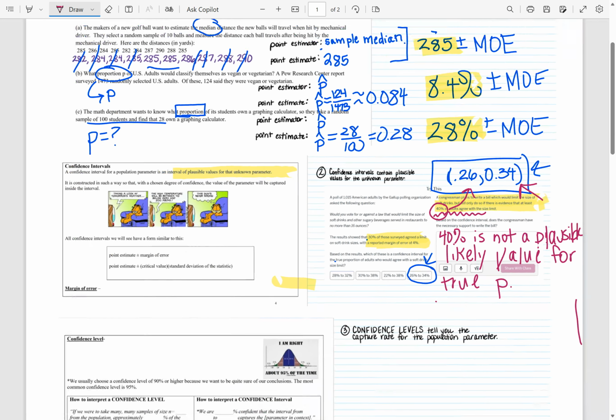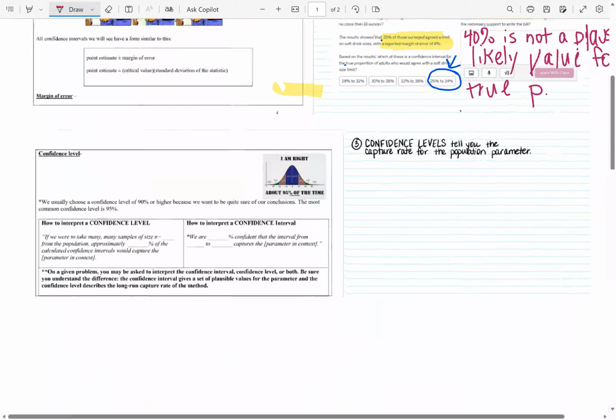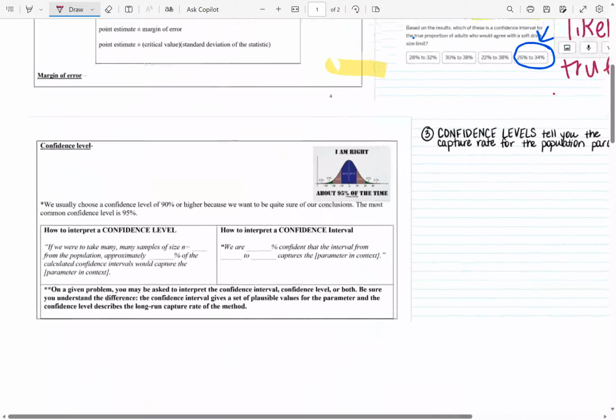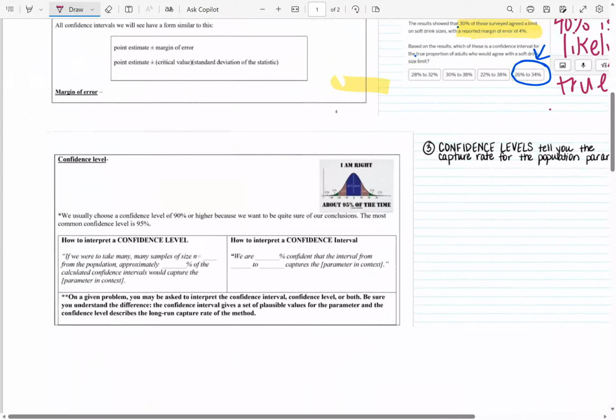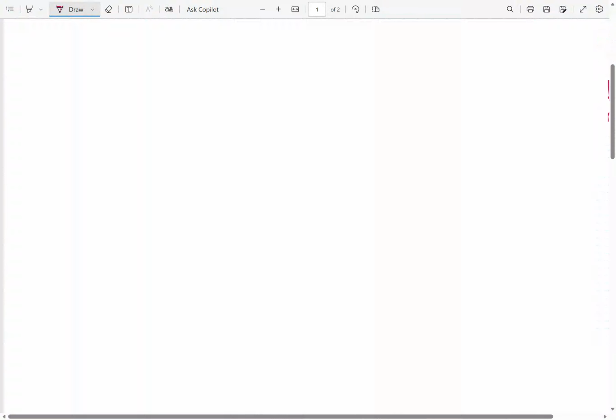Okay, number 3. You will have different percentages of confidence levels. So, sometimes you'll see a confidence interval